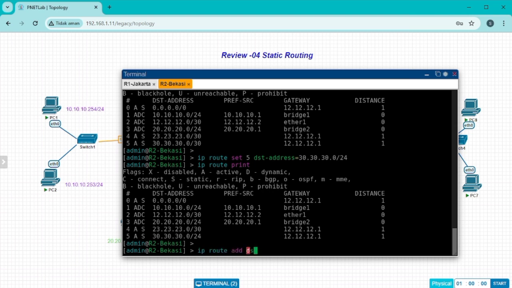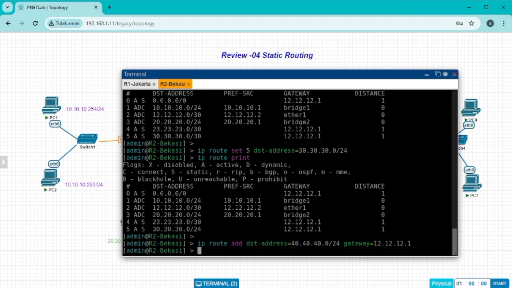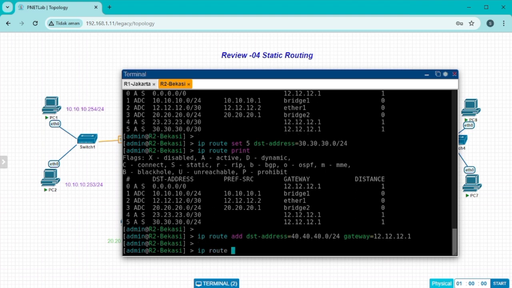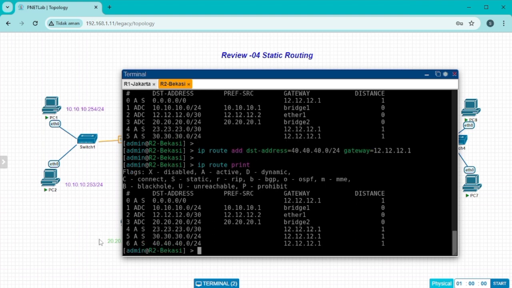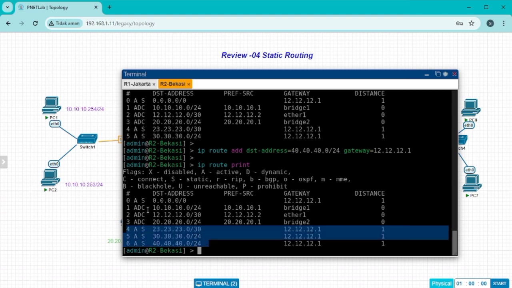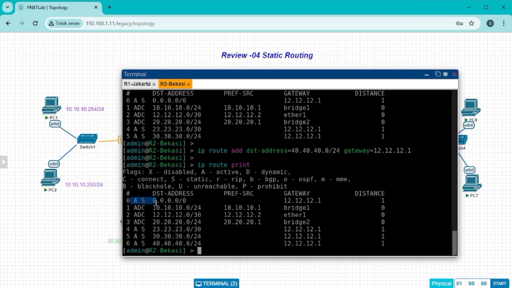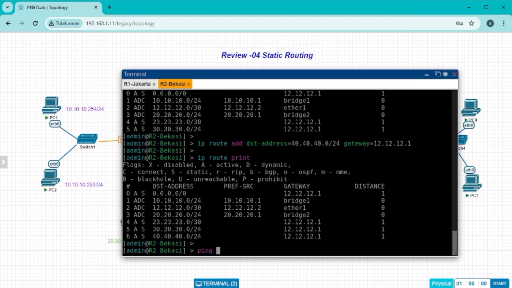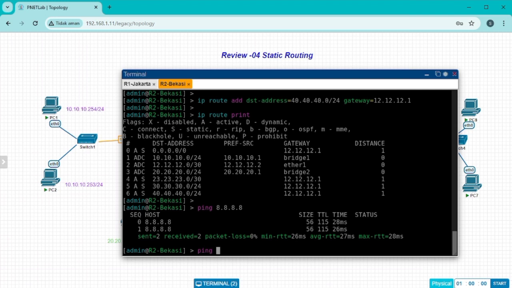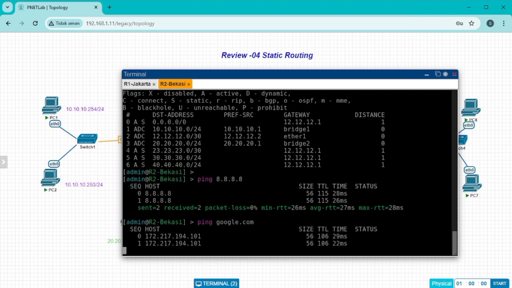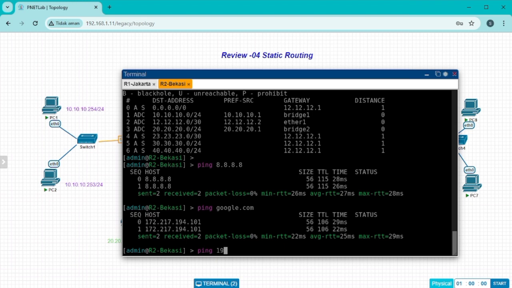Because gateway 12.1 is the main gateway, we can enter the network destination we want to go to. So we can just cross right through. We have to go through the main gateway first before we can enter our destination. Next, type the command IP route print. Here we can see the status is AS, meaning the gateway that we have registered is correct. Next, internet verification, and it can be seen here the result is TTL, meaning the internet is running.